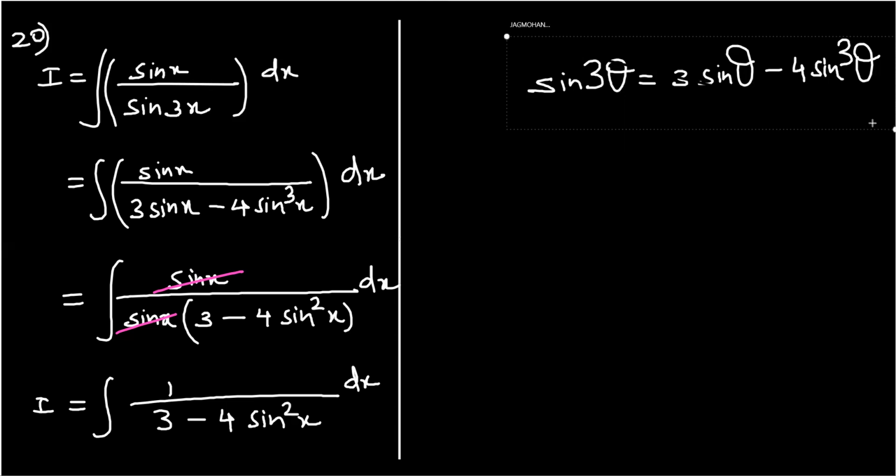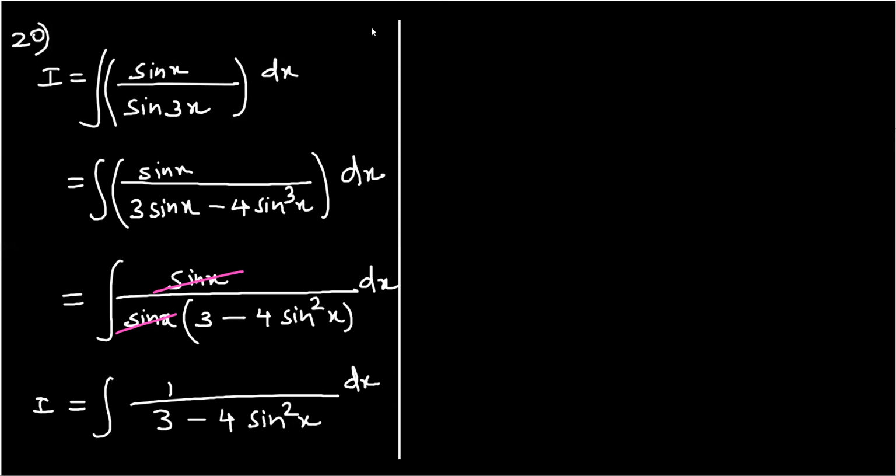Now after this, what do you know? You know the rest of the steps. I see here it's the same type of problem. What is it? The numerator is 1 and the denominator has a term of sine square and a constant. So step 1, you will divide numerator and denominator by cos square x. So here I write divide numerator and denominator